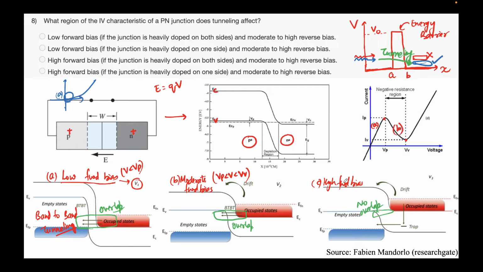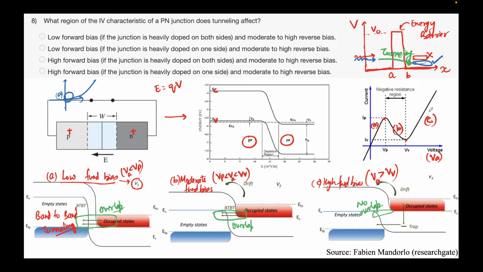So in this case B, what's happening is that tunneling current is reduced, but some drift current has come, but this drift current is again not as much that it can compensate for the decrease in the tunneling current. And after this state is higher forward bias, V greater than Vv. This is VA, V applied, the x-axis, changing the forward bias voltage. And in region C that you see is the high forward bias, and this is only the drift current that is flowing through